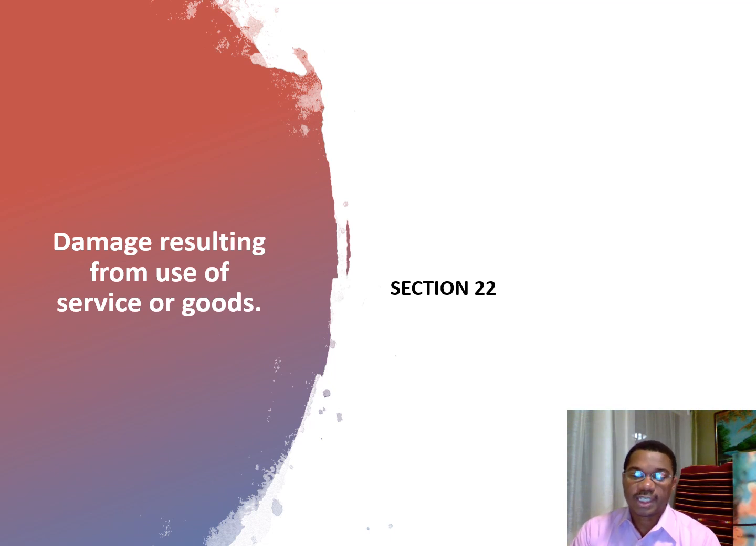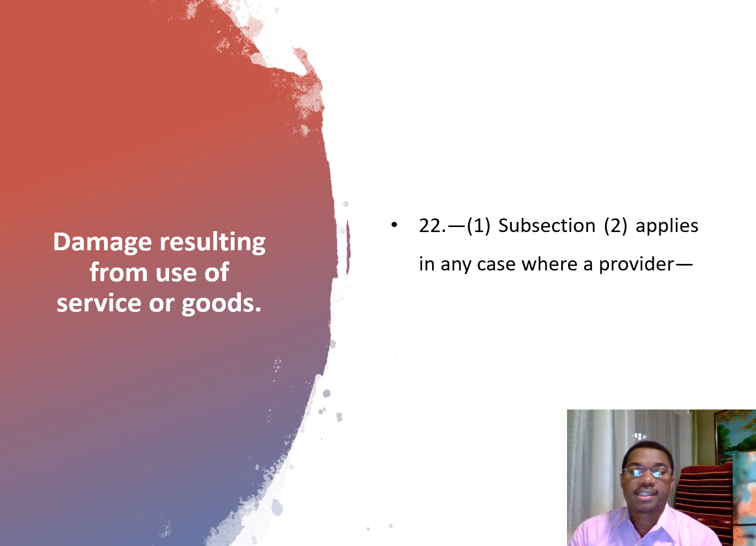So that brings us to section 22, which is damage resulting from use of service or goods. So remember, we're looking at the Consumer Protection Act of 2005, and we're looking at provisions that seek to protect the customers and the duties of providers as well as the duties of consumers. So here, section 22, subsection 1, says, subject to subsection 2,